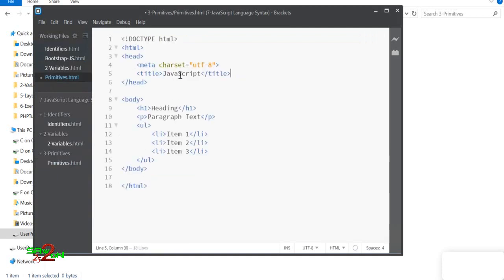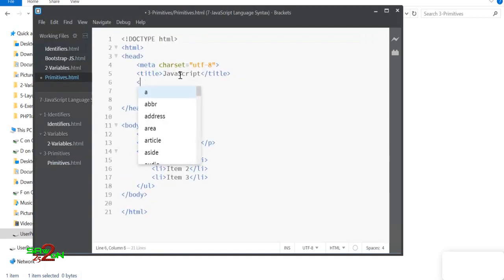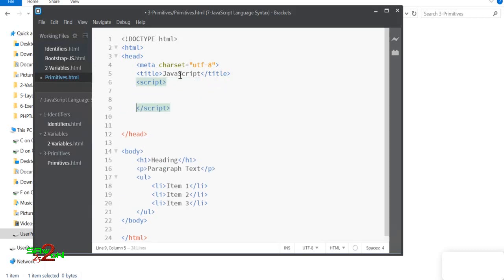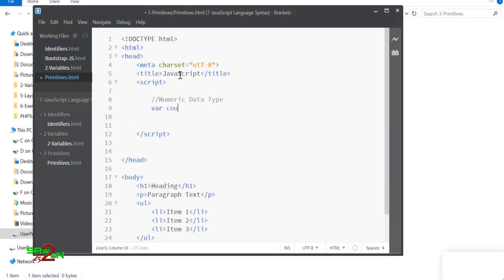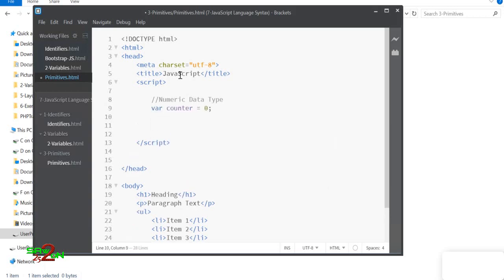Okay, so let's define those three primitive data types: number, string, and boolean. Okay, we're going to write some operations here and we'll try to understand that. So the first is we'll understand the numeric data type, which is where counter is equal to 0 and counter is equal to counter